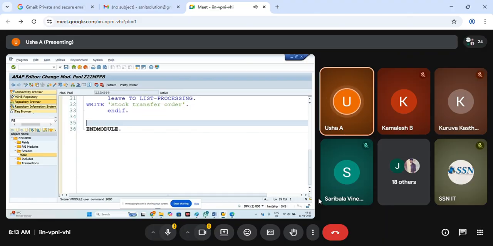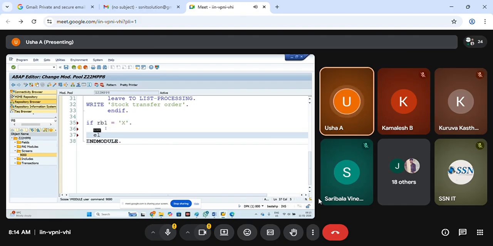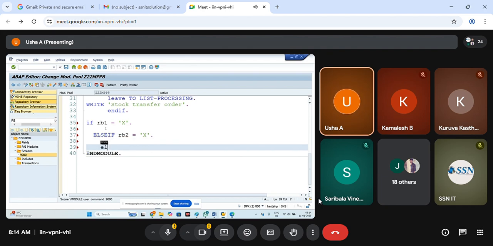Clear? So I'm going to write: if RB1 equal to X, or else if RB2 equal to capital X, or else if RB3 equal to abap true.